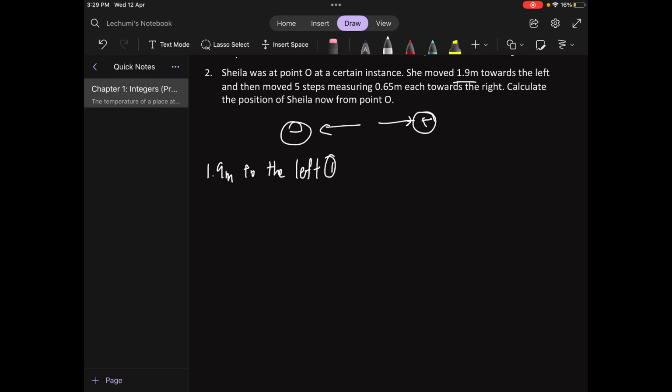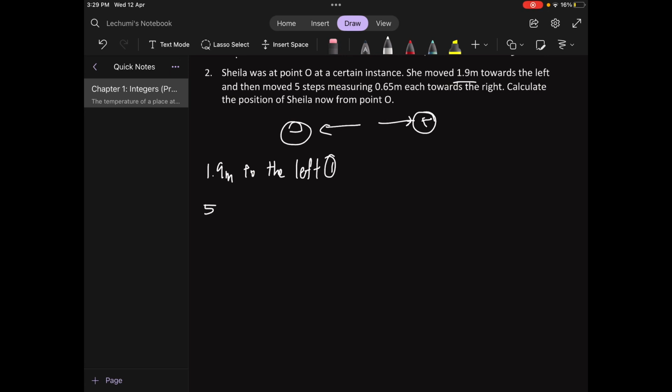And then we have 5 steps measuring 0.65 meter each towards the right. 5 steps measuring 0.65 may seem a bit wordy, so if we can convert it into a single number, it will be much easier. So 5 steps, each 0.65 meter, means 1 step is 0.65 meter. So 5 steps will be,